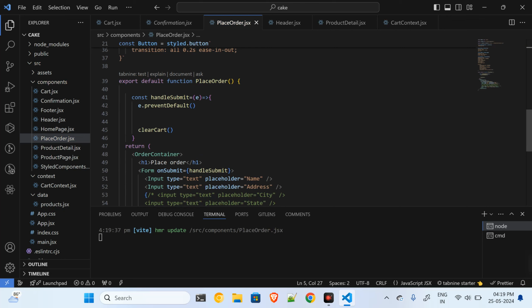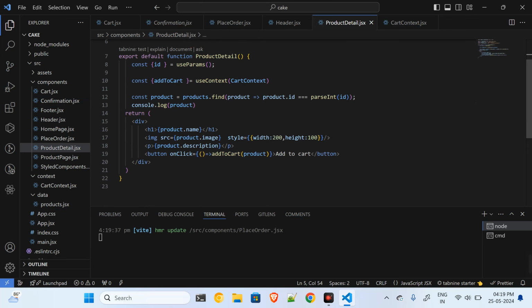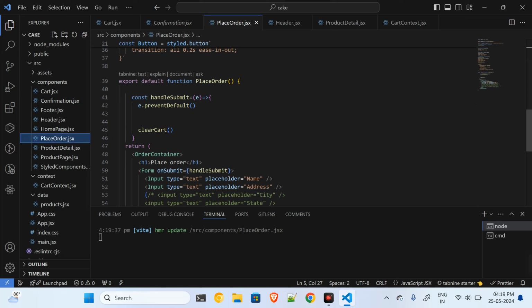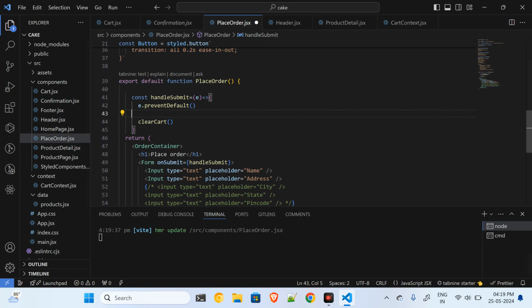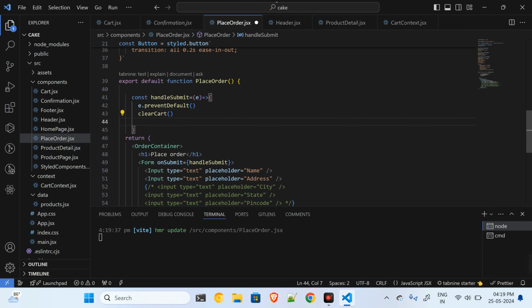So I will say clear cart. And just now for confirmation, where I have used that details. I have to clear the cart and then I have to navigate to the confirmation page. So I will say